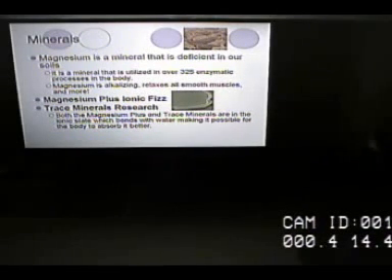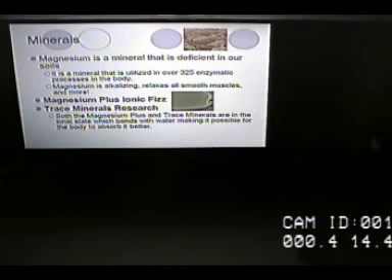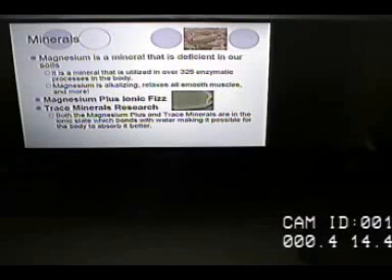So we have it in a lot of different forms. You can do it in a pill form or drink. A lot of people like the Magnesium Plus Ionic Fizz. It's a nice drink. It tastes nice, and you can have that in place of a pill. And that also, like I said, would help sleep. If you have trouble sleeping at nighttime, it helps just relax the brain, relax the smooth muscles.